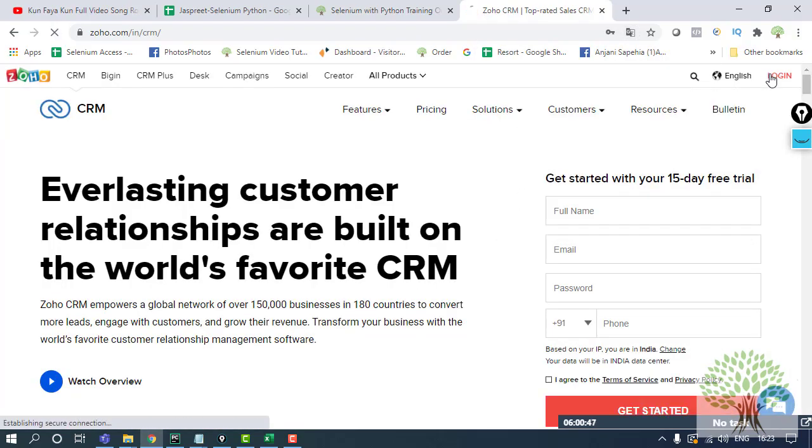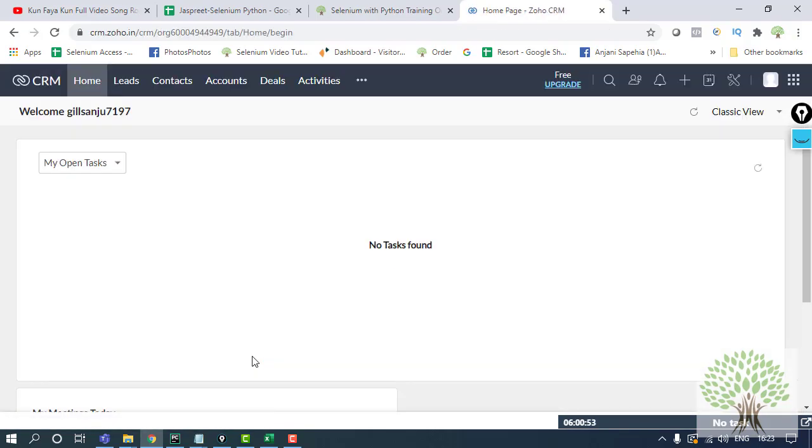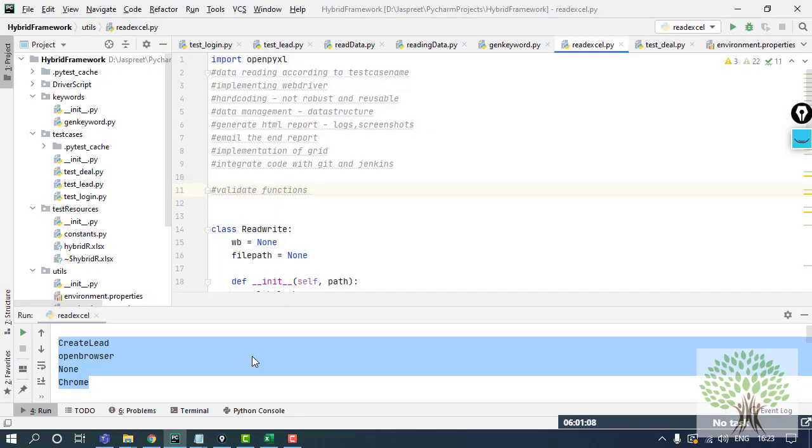Suppose over here you are logging on to this account, right? You are trying to log in. Suppose the account is not logged in. You have not logged in over here. It can be any reason: the elements were not interactable, the credentials given were not right. So it might be possible that you logged in or you may not log in. So you should be validating whether you were able to log in or not.